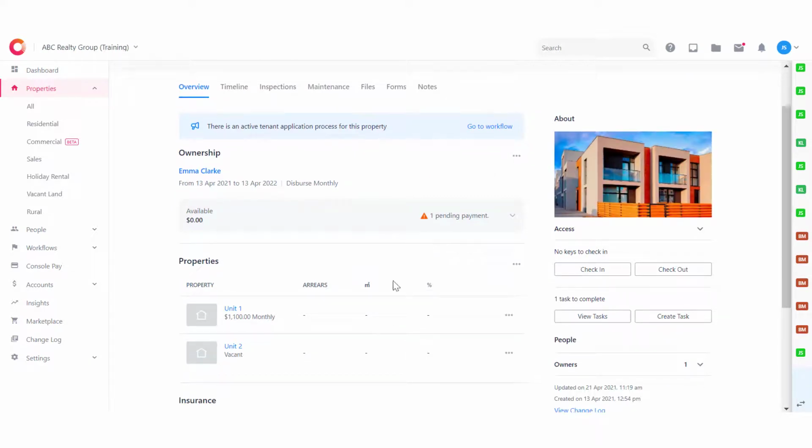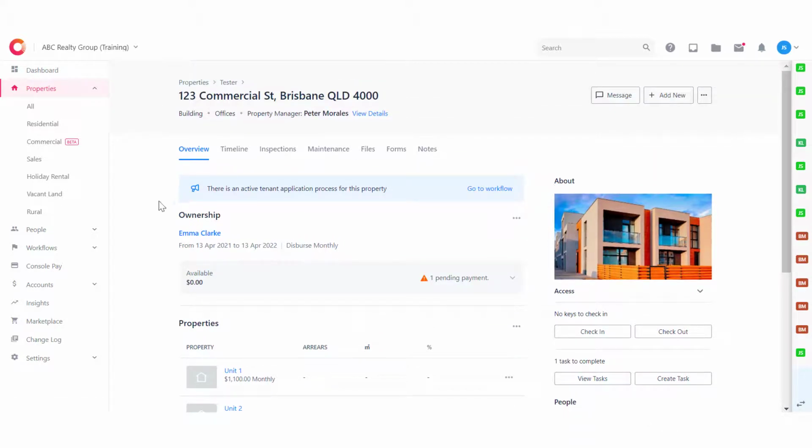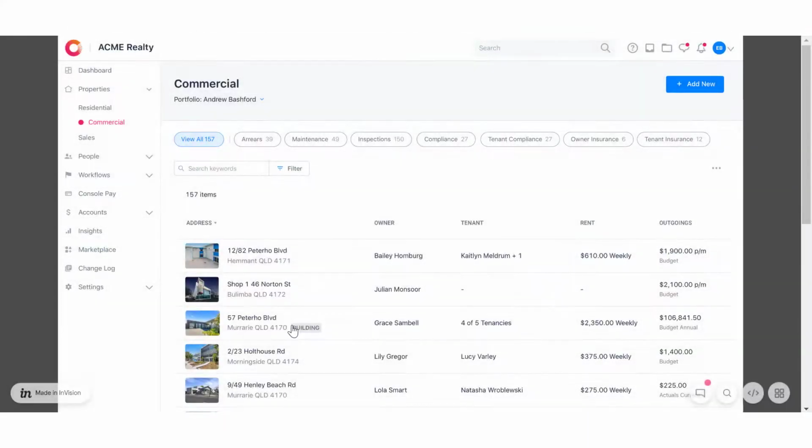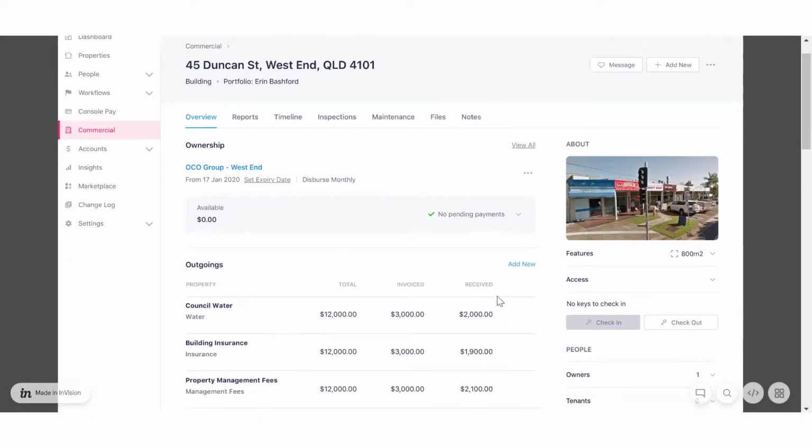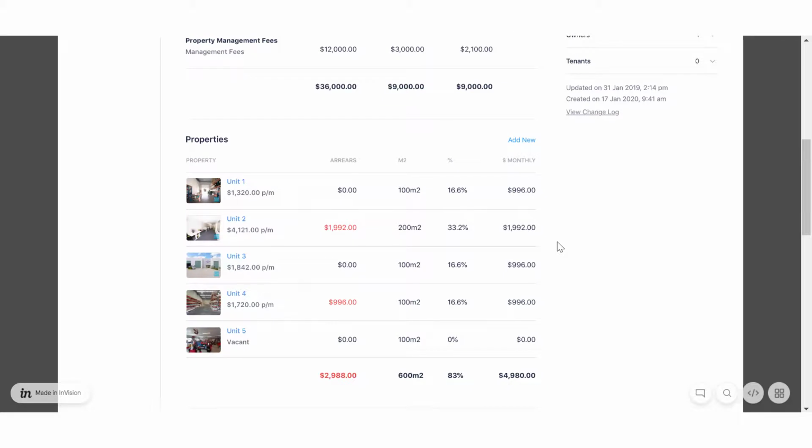Buildings gives you the ability to group properties based on ownership. Essentially, through creating a common property and adding the owners and agreement details, the system will then look for any other properties attached to that ownership to then be grouped into that building. Buildings are also currently being further developed to enhance the capabilities. In the future,